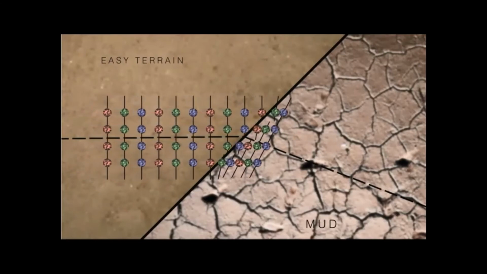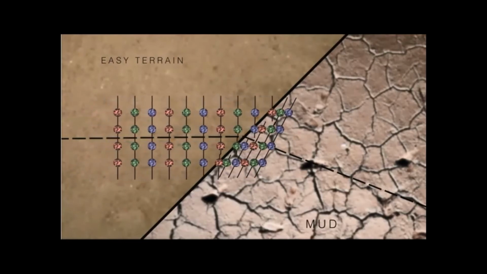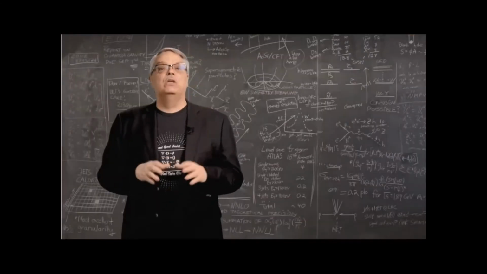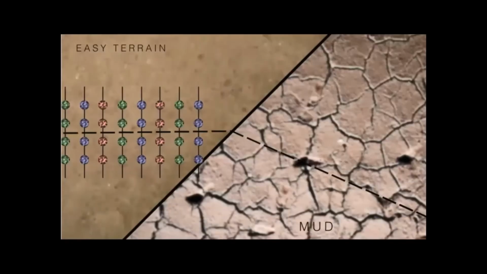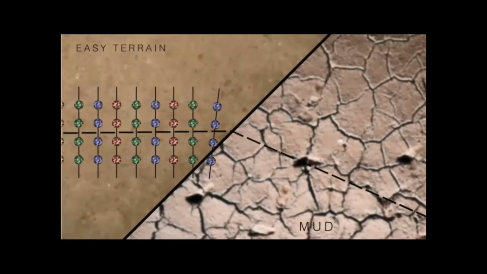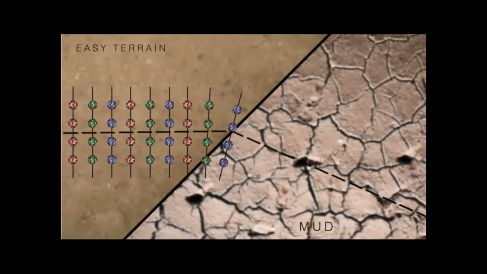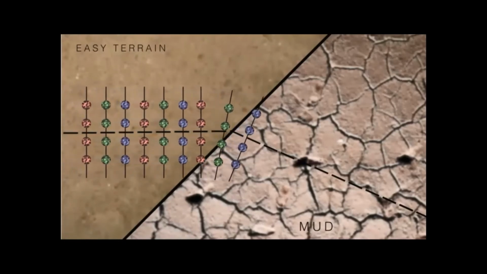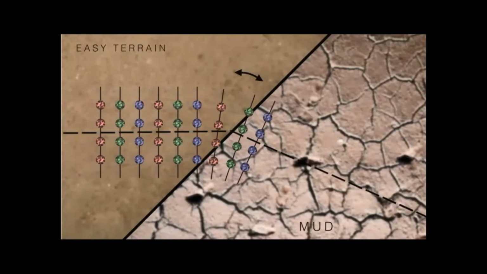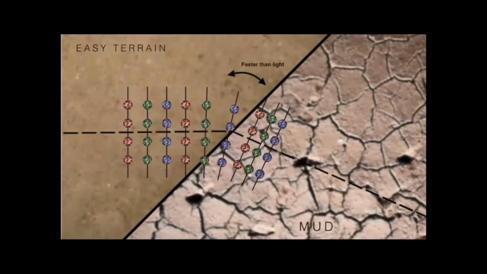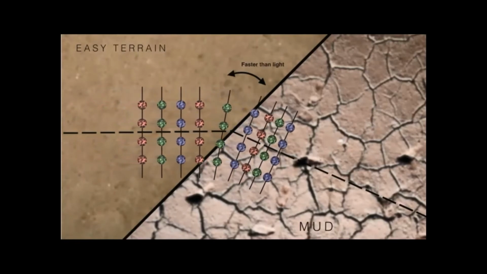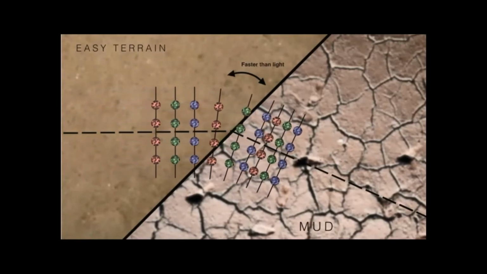This explanation gets the angle of the lines of soldiers right, but not the direction of travel. In fact, the only way that this explanation can be right is if the lines of soldiers are rigid. Then, the first soldier hitting the mud puts a torque on the entire line, and that would work. The problem is that this torque means that the soldiers on the top of the screen move faster, which is to say that if they were light, this part of the beam of light would have to move faster than light. So this explanation doesn't work either.